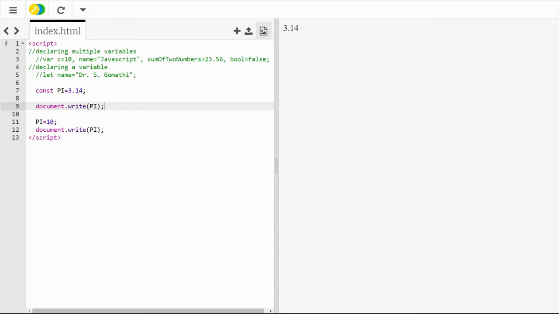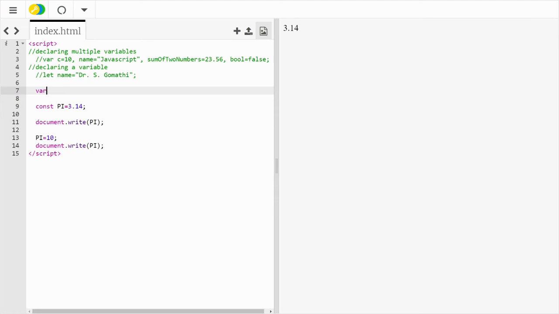Apart from this, your variable should start with a name, and it can have a combination of numbers, underscore, or dollar. For example, it should start with a character, and after that you can have a number, an underscore, and also a dollar.